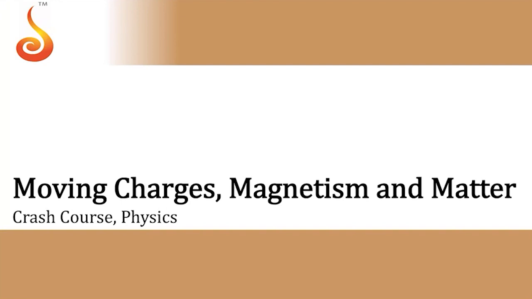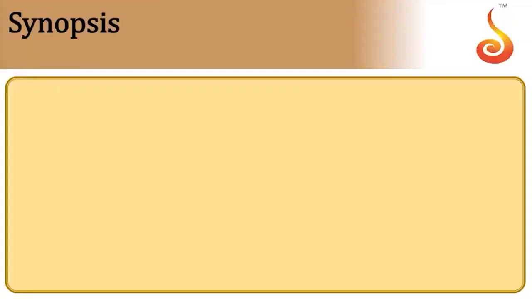The chapter for our discussion today is moving charges, magnetism and matter. Here we discuss two basic ideas: the effects of electric current, that is, magnetic effects of electric current, and also the mechanical effects of electric current. And of course we will take up the discussion of magnetism associated with matter as well. So, we will understand the basic concepts, and we will familiarize ourselves with the equations.